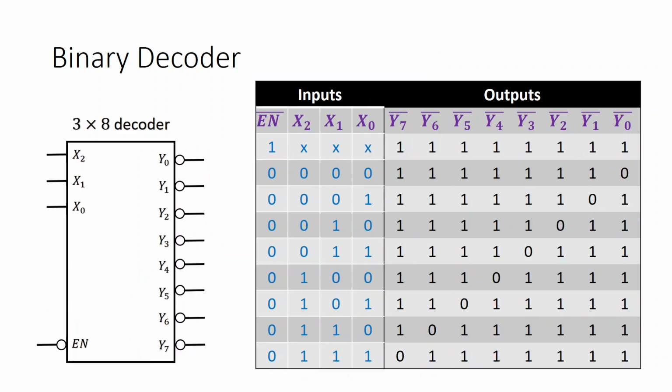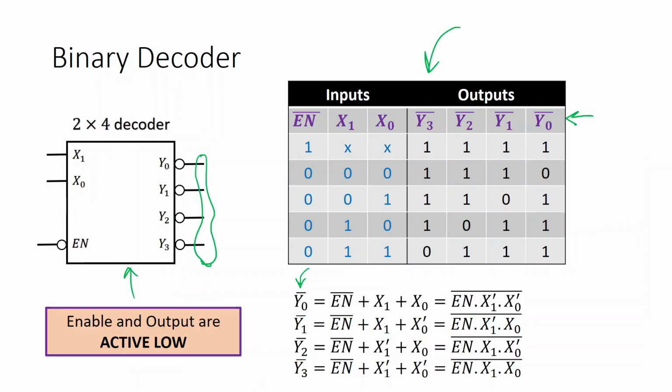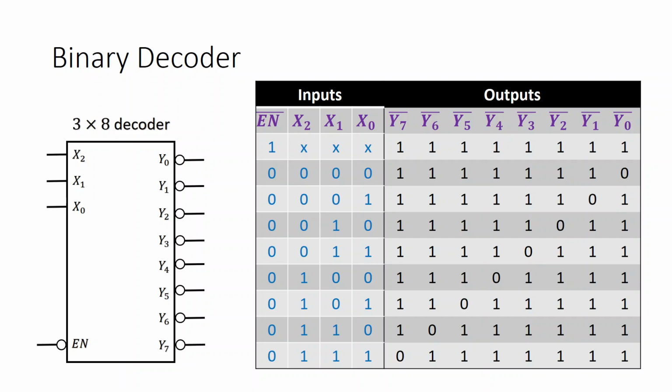Now we come to this. These are the 2x4 decoder. We can easily extend the idea to any number. So let us look at the truth table of a 3x8 decoder. Looking at the block diagram, there are now 8 outputs from y0 to y7, and these are all active low in this case. Look at the truth table and you can understand why it is like this. So this is the active low truth table of a 3x8 decoder.